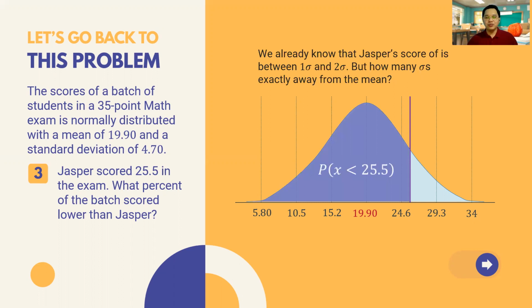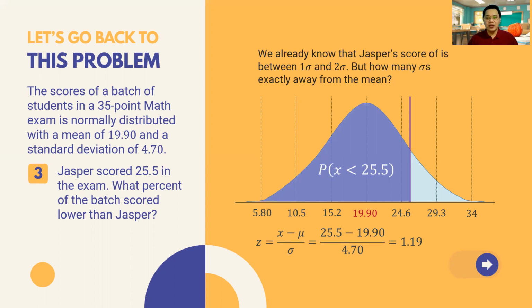So we compute for the probability that x is less than 25.5. Using the formula for the z-score, z is equal to the observed score, in this case 25.5, minus the mean, divided by the standard deviation. So using the values that we already know, we should be able to find that the z-score is equal to